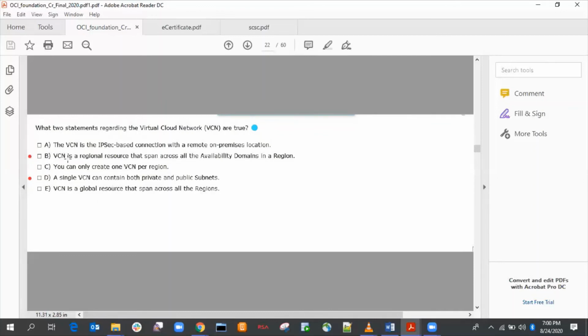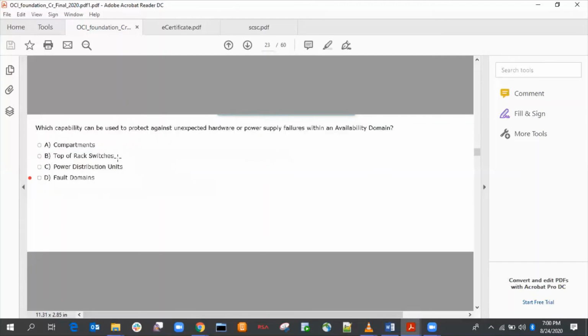A VCN is a regional resource that spans all the availability domains in the region, and a single VCN can contain both private and public subnets. You can use either of them, and it is a regional resource. Next question: which capability can be used to protect against unexpected hardware failure? We already discussed this. It can be achieved by fault domain.